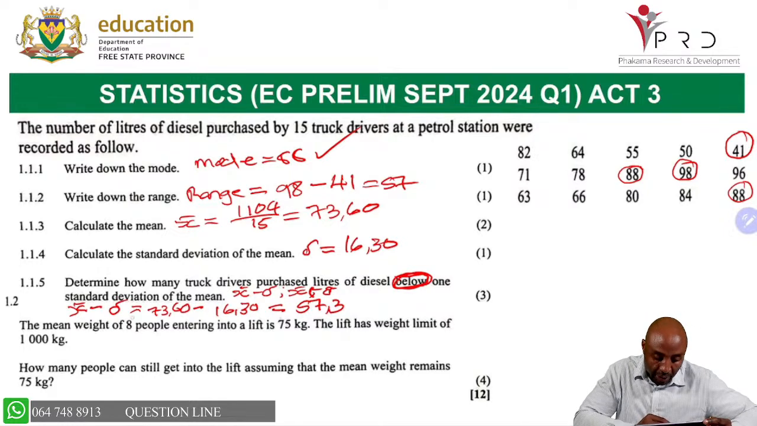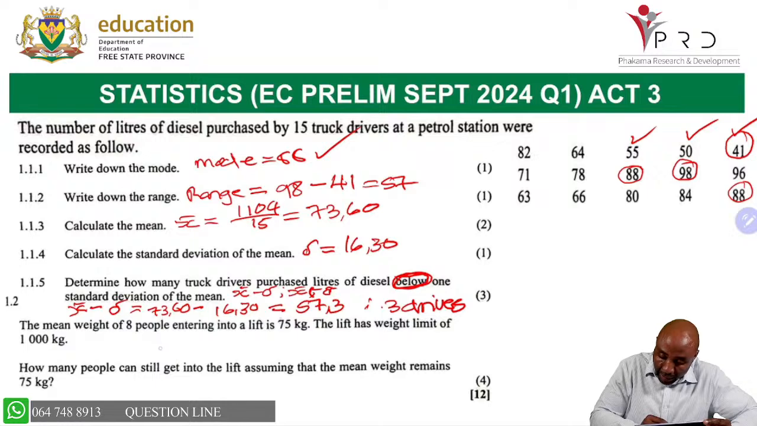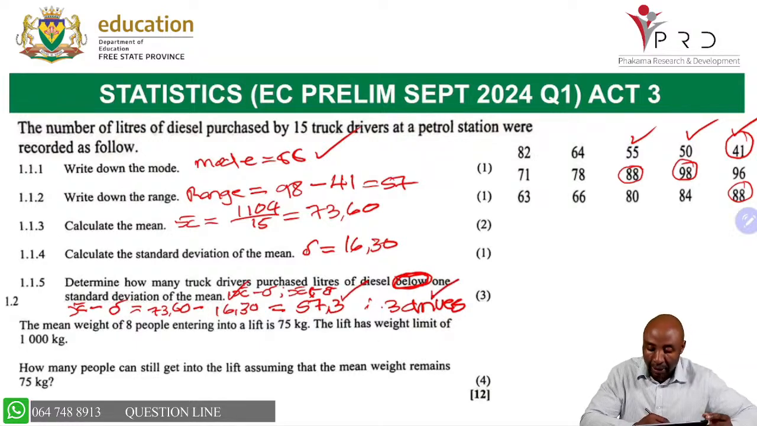So anything which is less than 57.3, I will have 1, 2, 3. So my answer there becomes 3. Determine how many drivers, so the answer becomes 3 drivers. So for substituting into x bar minus that, getting 57.3 as the minimum value, and then counting correctly,